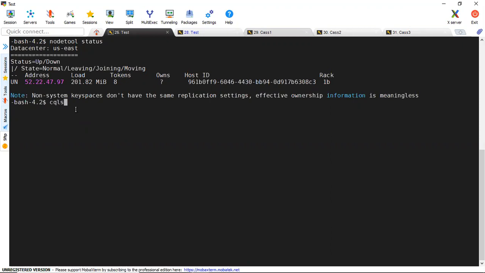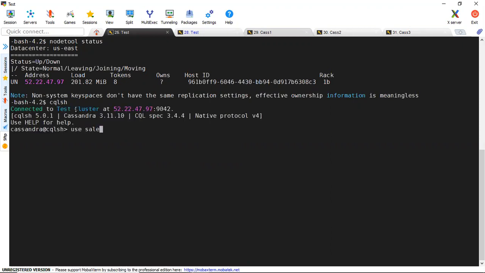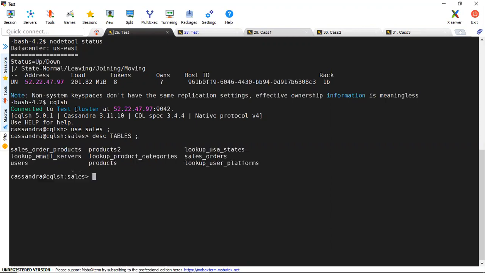Let me connect to cqlsh, then connect to the sales keyspace and quickly see what tables we have. Let me see what we have for sales order products. How many SSTables do we have?